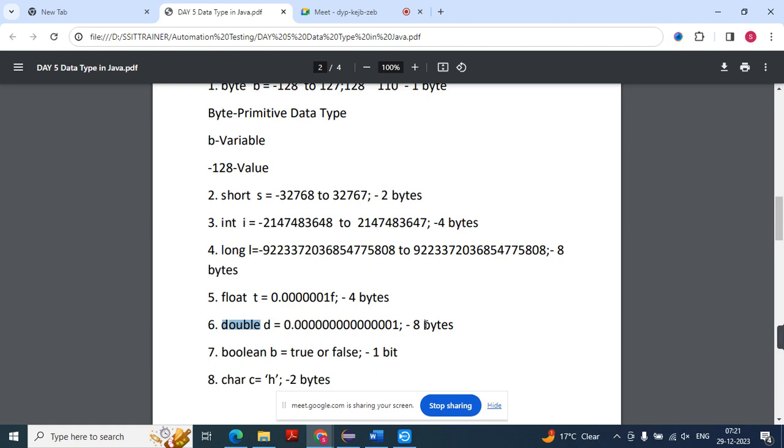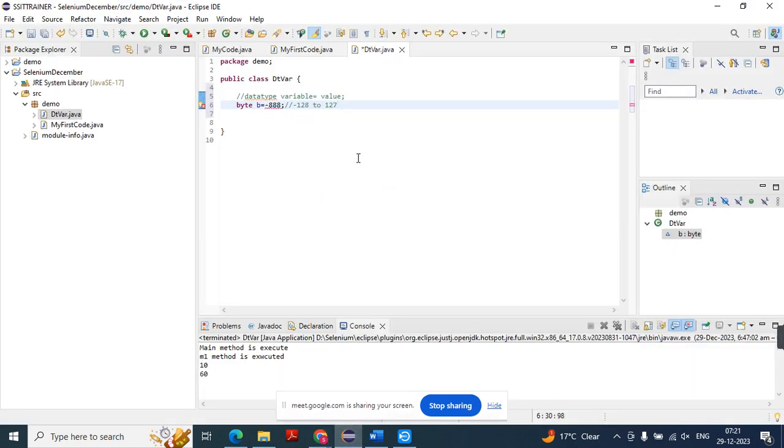Okay. Now the remaining, like boolean. This boolean is also one data type which can store only two values, either true or false. For example, I'll show you. If I am defining any value as a boolean, and any variable you want to put, like n for example, we can save it as true, or we can save it as false,